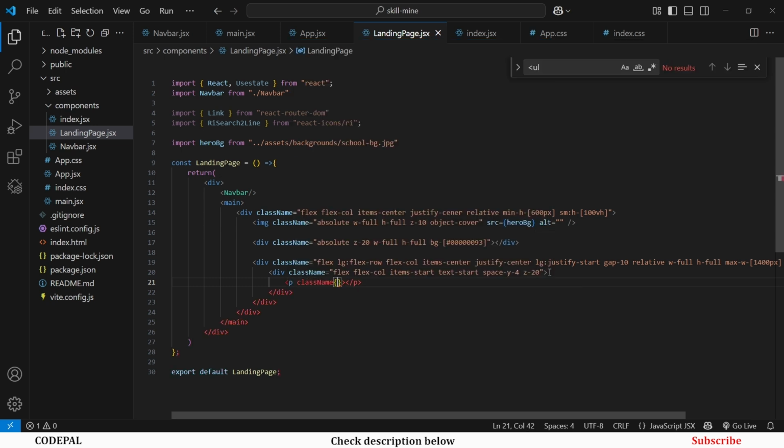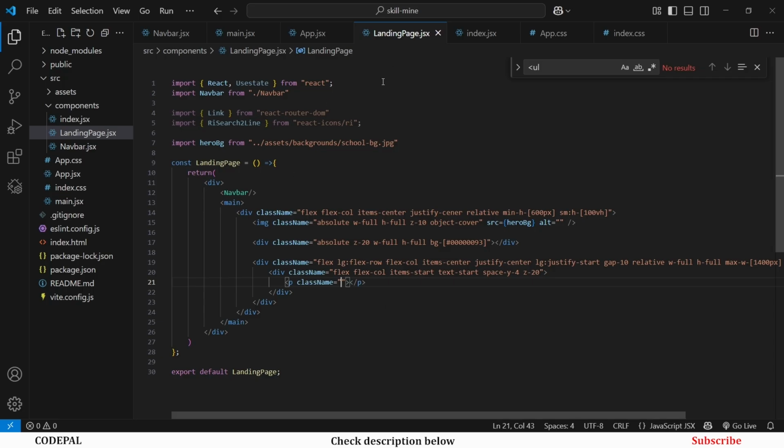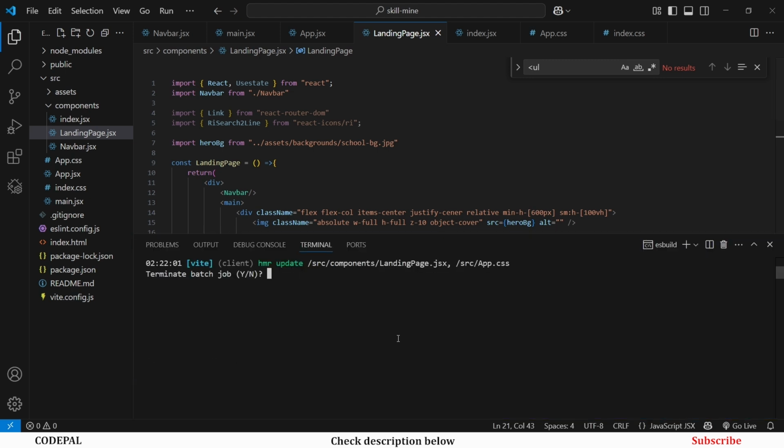Let's say className. Before we continue, let me show you guys something. This text right here is using a different font family this time around. The font family here is now Poppins, while the font family here is just the default. So let's go ahead and install that. Right here in your terminal, use Ctrl+C to kill this command, and you can now say npm install font